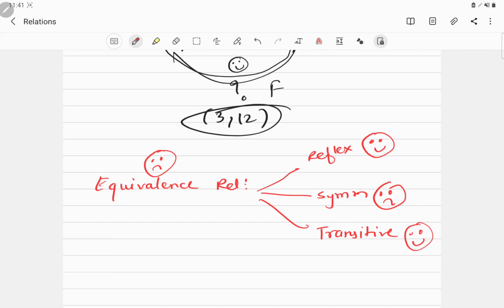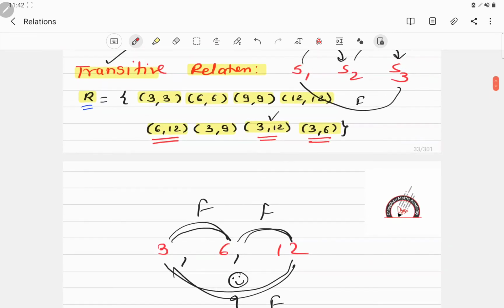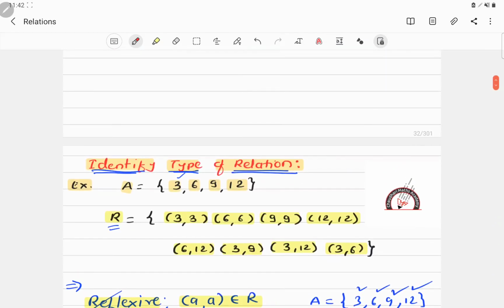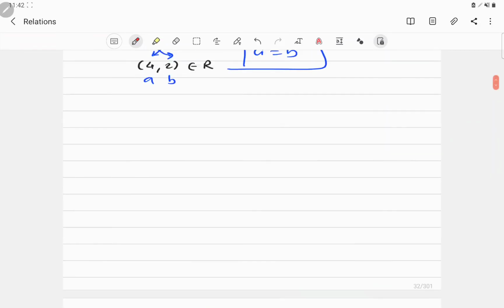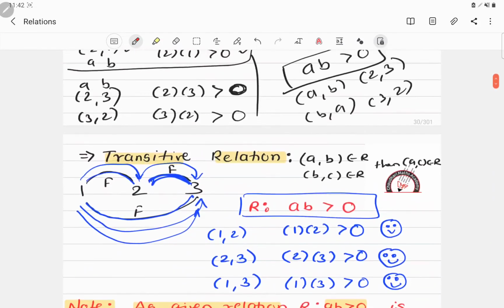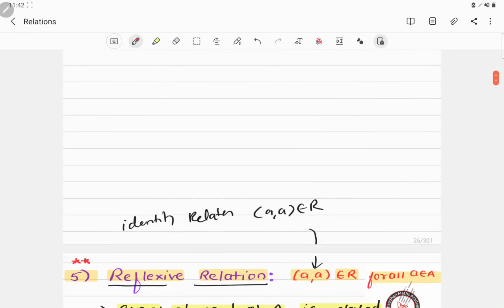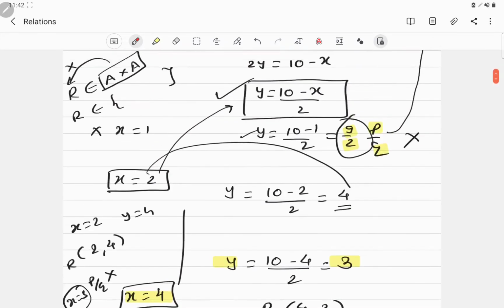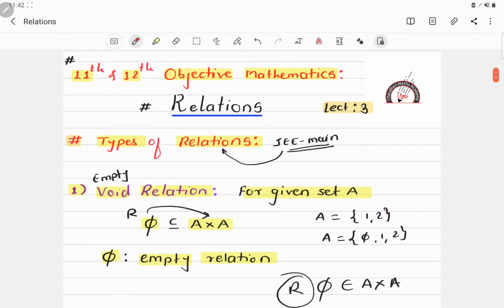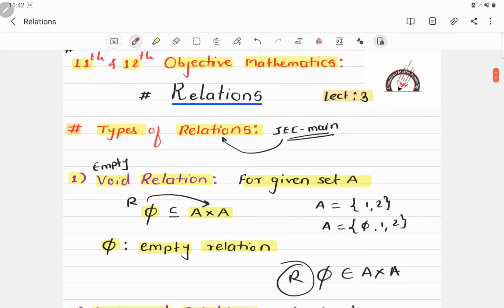And that's all, friends. This is all about today's very interesting, very wonderful session on equivalence relations. So transitive relations, reflexive relations, symmetric relations, asymmetric relations, identity relations, these are all different types of relations. And let me tell you, definitely you will come across problems on these different types of relations. So that's all, friends. This is all about this lecture number 3 on relations, in which I covered different types of relations. So just watch this video one more time, and I hope every one of you noted down all these different types of relations.